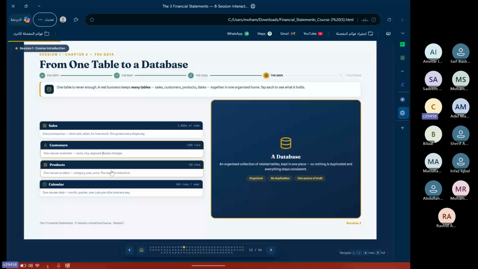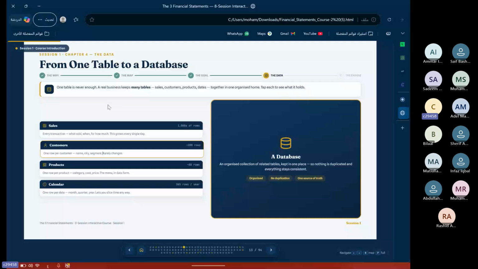So we have everything about this product, each detail in a different table, and we also have a calendar table. So we have only a sales table, one big sales table that has more than 10,000 or 1 million rows and 10 columns.